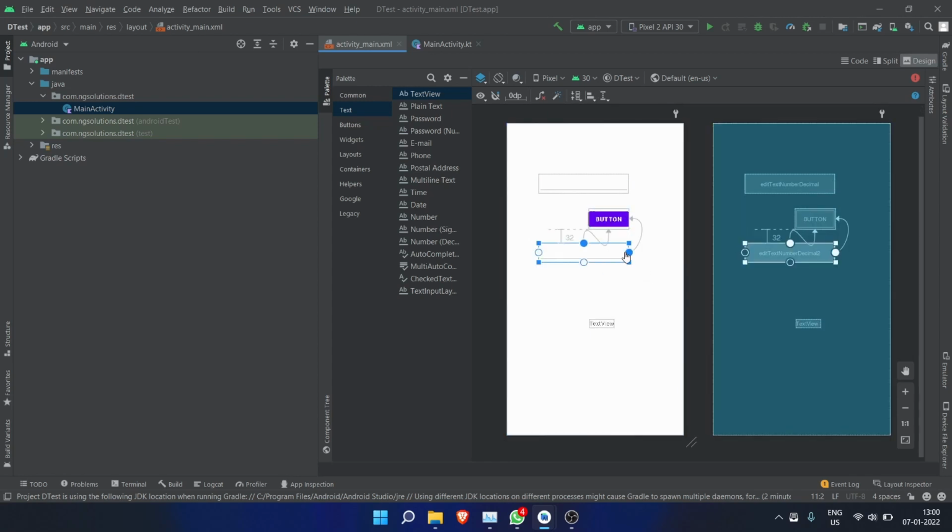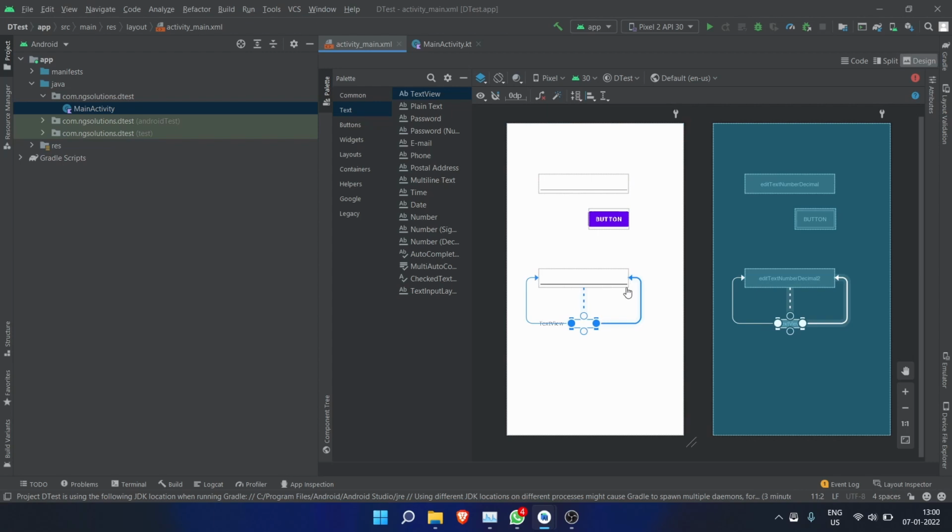So what is this connection? This connection is saying, okay, the rightmost edge of this input field should be at the same location horizontally as this button, and this button will have the same rightmost location as this one. I will show this with the left part also. Here you can see now this part is at the left. If we want this in the middle, then connect this to both of them.